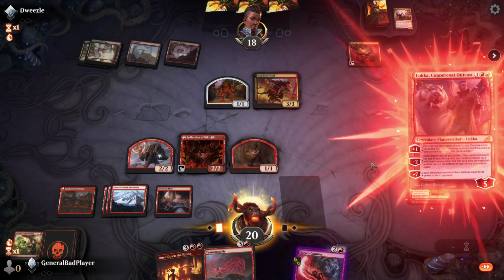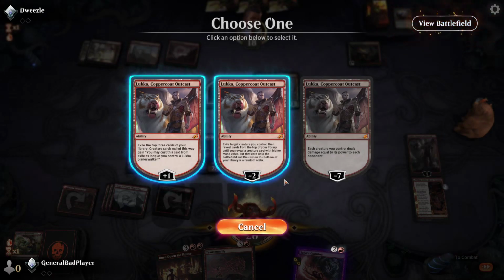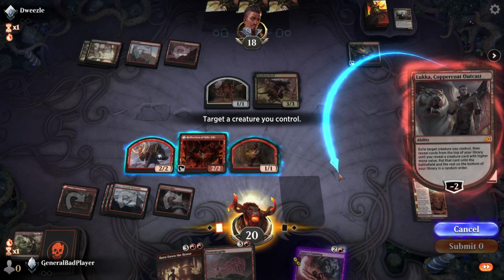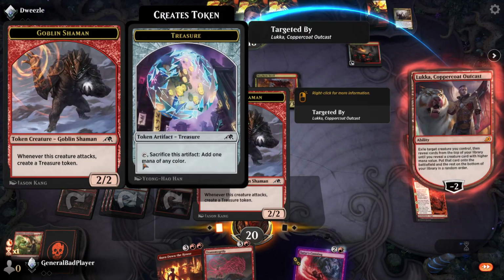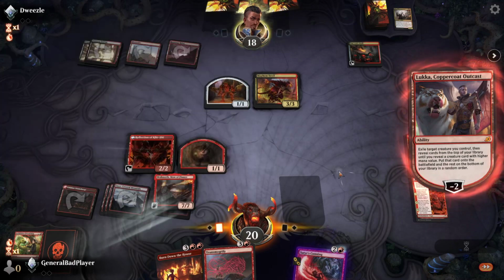Let's play Luca here. And we need to transmog something that he can't kill. So it's got to be Reflections or the Token Maker. I think we'll just do Reflections. Let's do the Token Maker, the Goblin Shaman. He needs a name. Battle. What is